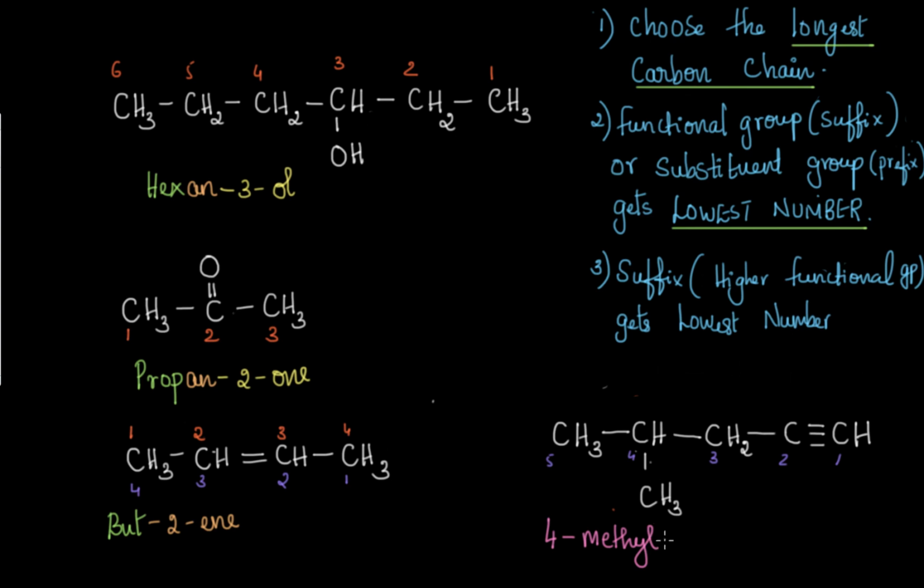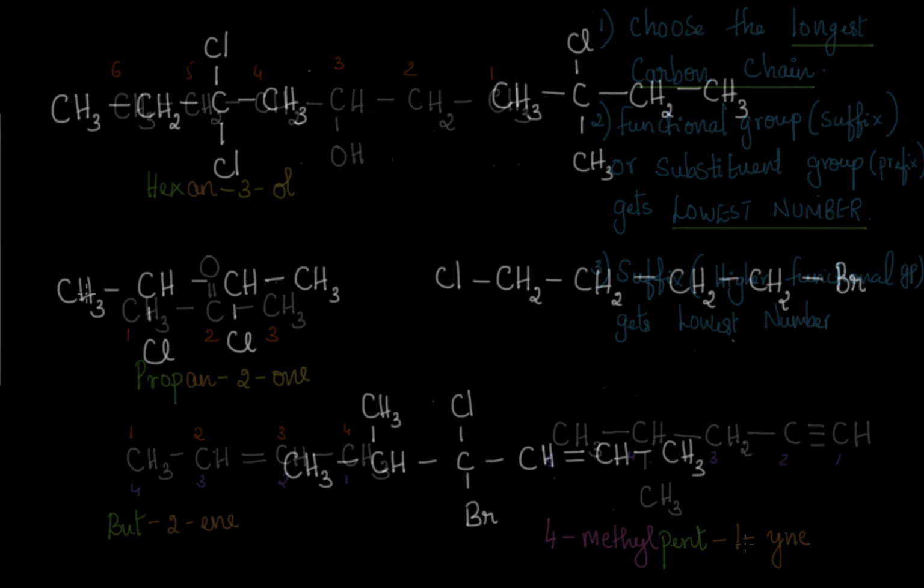We have a 5 carbon chain, it is pent, and now we don't have all carbon-carbon single bonds, right? We have a carbon-carbon triple bond, and at which position is it? It is at the first position, between first and second, but we consider the lower number, that is 1, and yne, because the suffix of a triple bond is yne. So we can call this 4-methylpentyne directly. We can neglect the 1. As I told you earlier, if we don't write 1, it is understood that it is present in the first position.